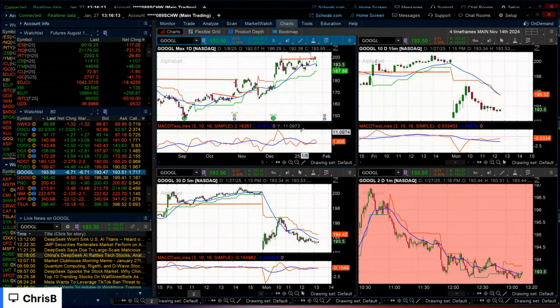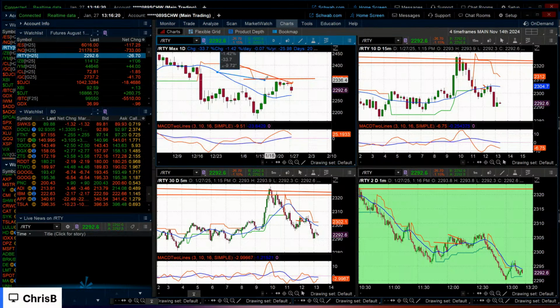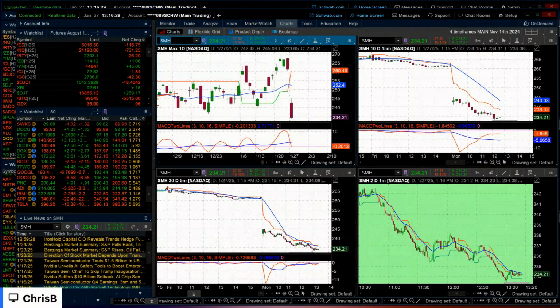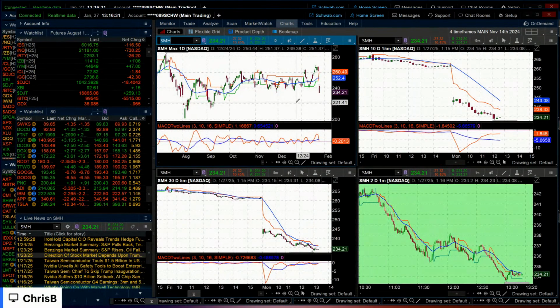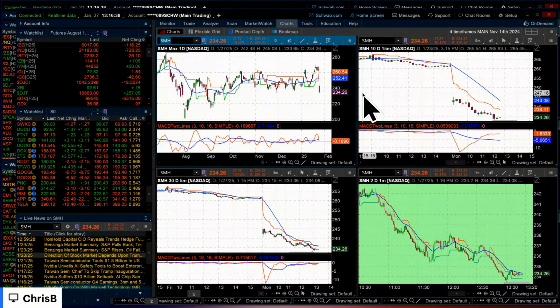And that's where we are right now. I will tell you, in the broad scheme of things, if this Russell, which had the indecision with a follow-through candle, cannot reclaim this, and if the SMH can't reclaim anything, I don't know why you want to just go massively long the NASDAQ. If this reclaims things, great. So that's the next thing we do a lot. We'll look, has it gotten over anything?